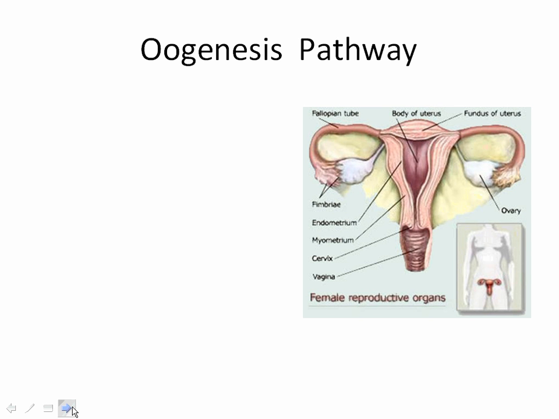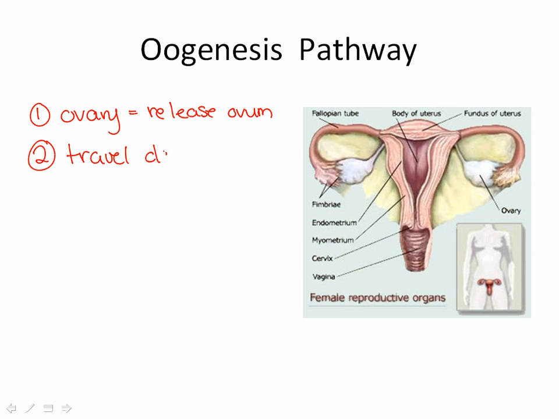So when we're talking about the pathway that the egg takes as it has developed and is released, the egg is going to start in the ovary, and the ovary is going to release the ovum. This is then going to travel down the oviduct. So again, oviduct or fallopian tube. So we've now left the ovary. We're traveling down the fallopian tube, and it's going to be directed